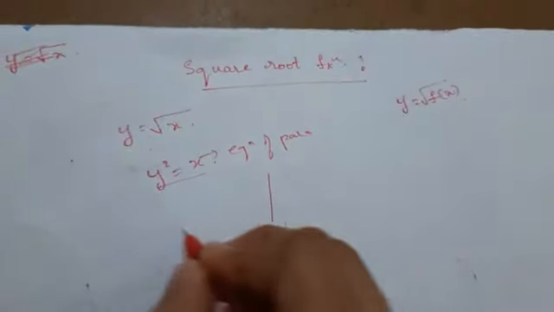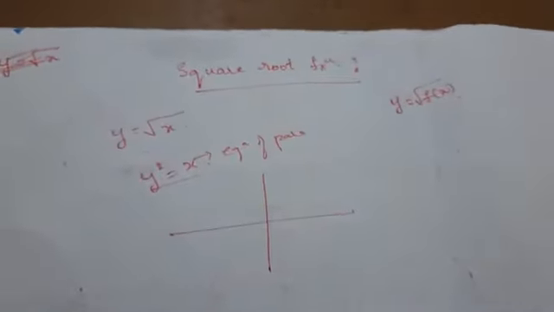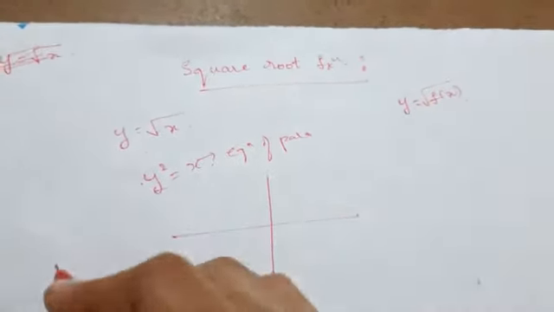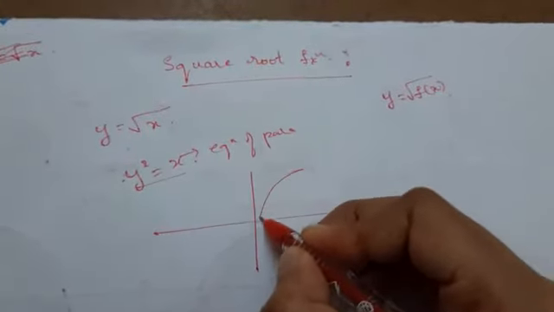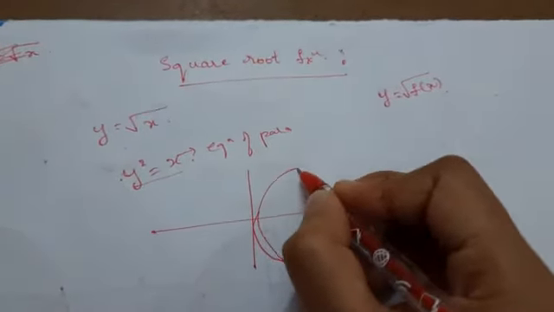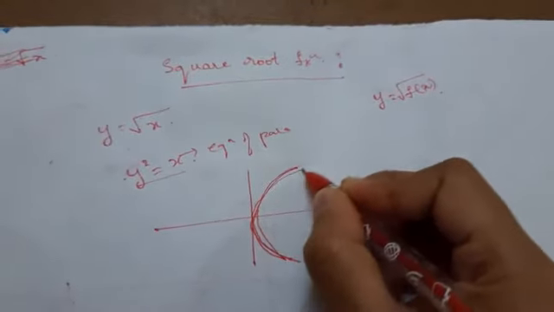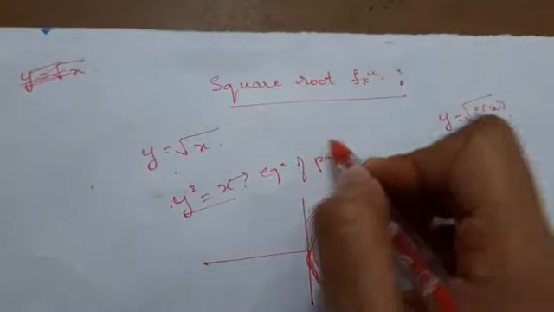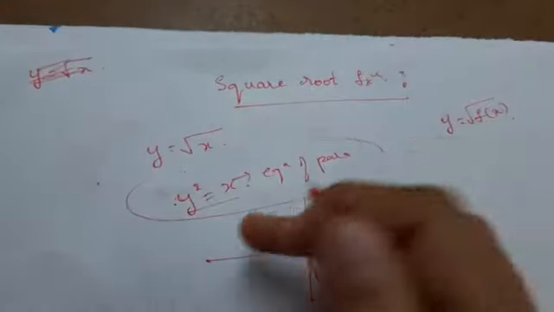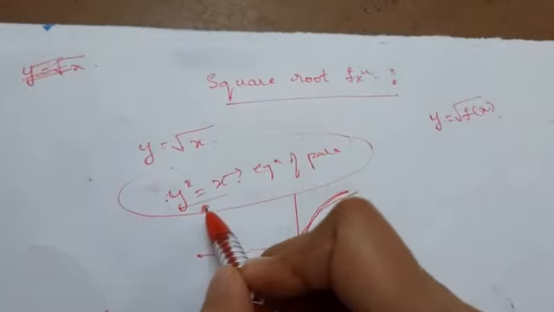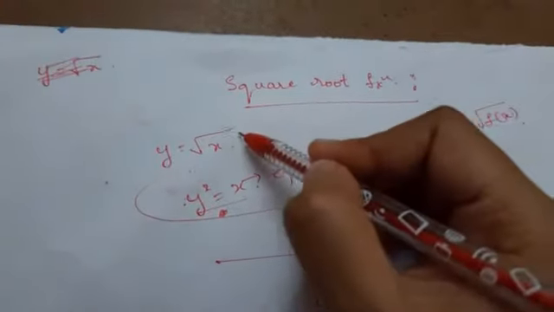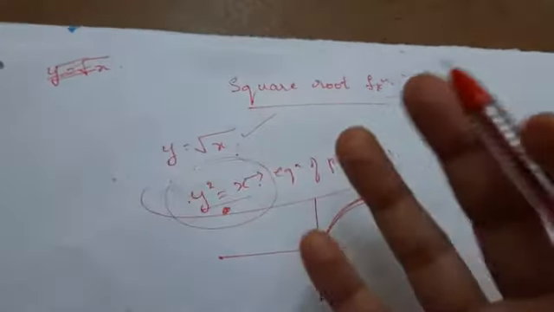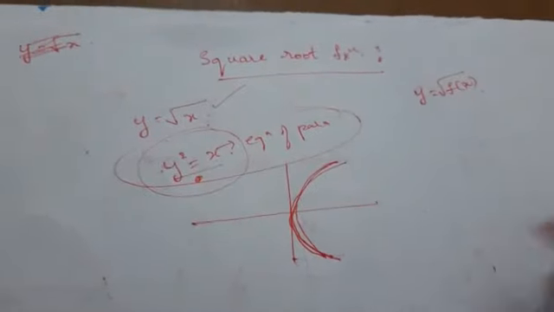So an equation of a parabola means which type of parabola? We have 4 types of parabola. For both positive and negative values of y, we should have positive x. So the parabola is of this type, that is y square is equal to x. But we don't require the graph of this one. We don't require the area of this parabola. We just require the area of the curve y is equal to root x. We just took the help of this one to get an idea of how the graph will be.